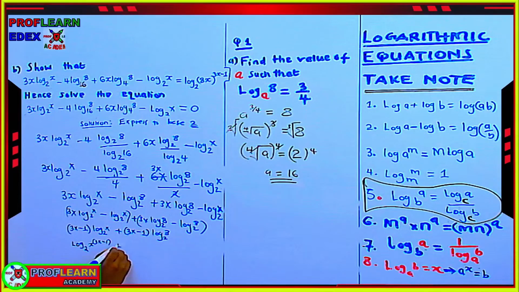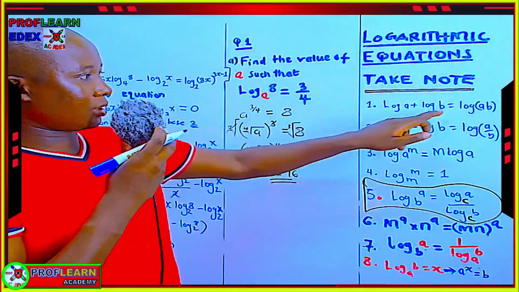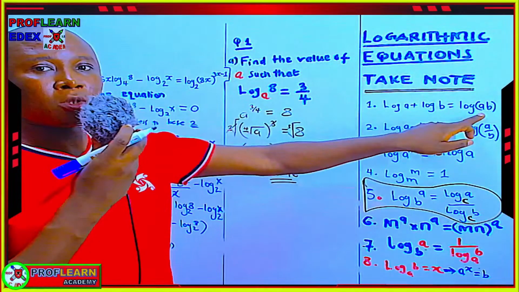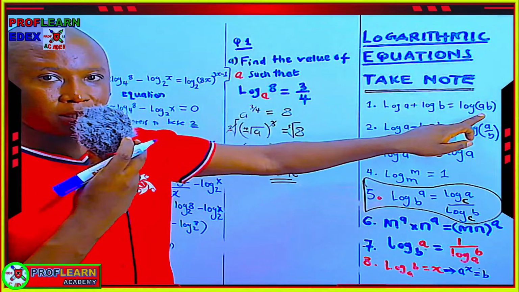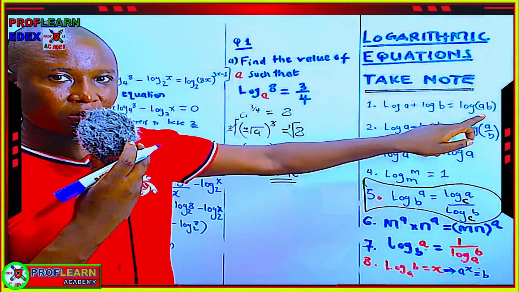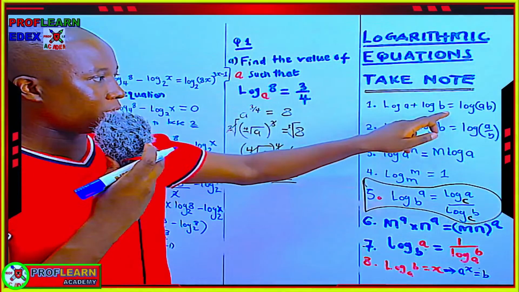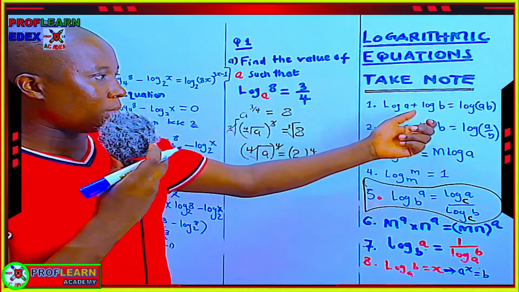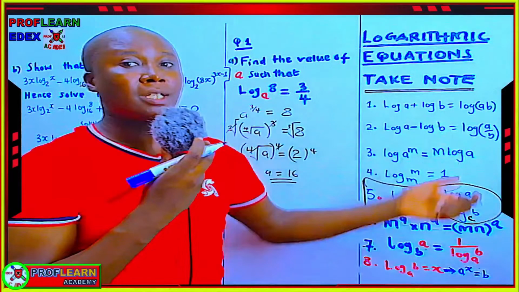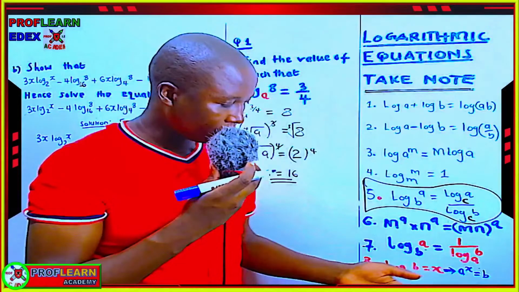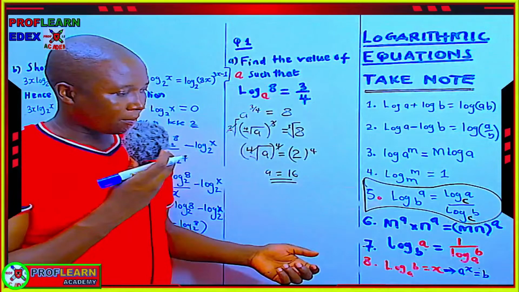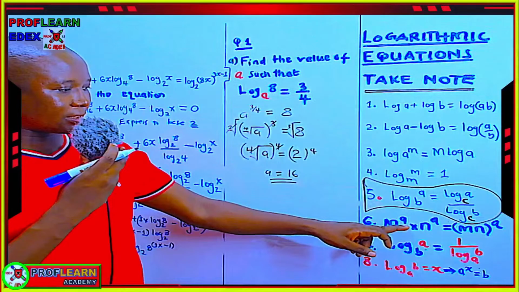plus log 8 power 3x minus 1. And remember, when logs are added, we can multiply them and express them as a single log, which means log a plus log b, we can say that is log a times b. At the same time, if you are having the same power,